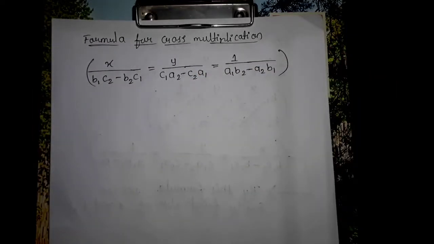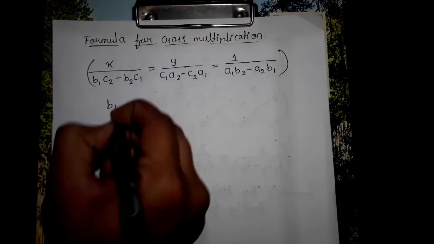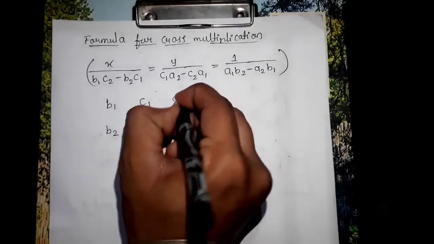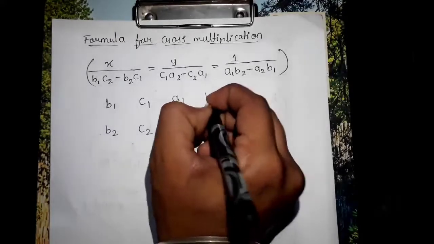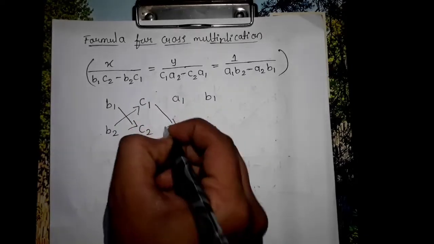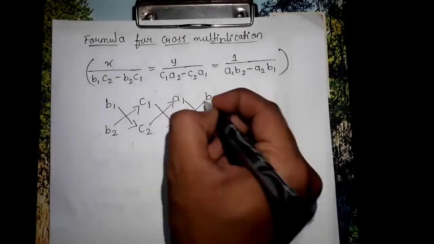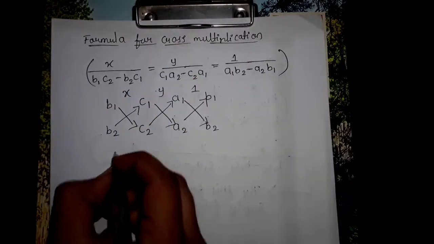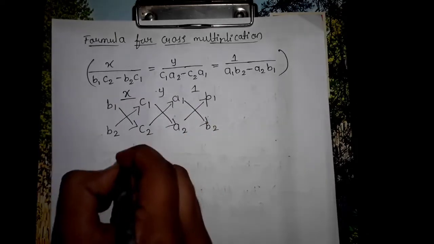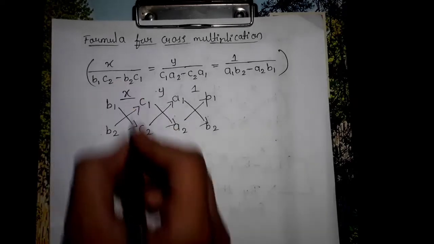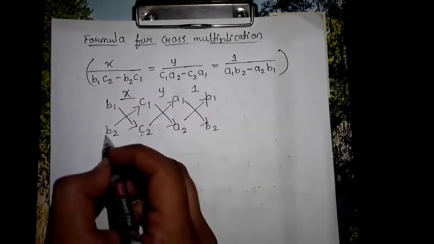Even though if you forget this formula, it is easy to form the formula. Let me tell you. Write down b1 b2 c1 c2 a1 a2, again b1 b2. Now according to the arrow marks, cross multiplying in this way, x, y and 1. Now write down the formula: x divided by b1 c2 minus b2 c1,